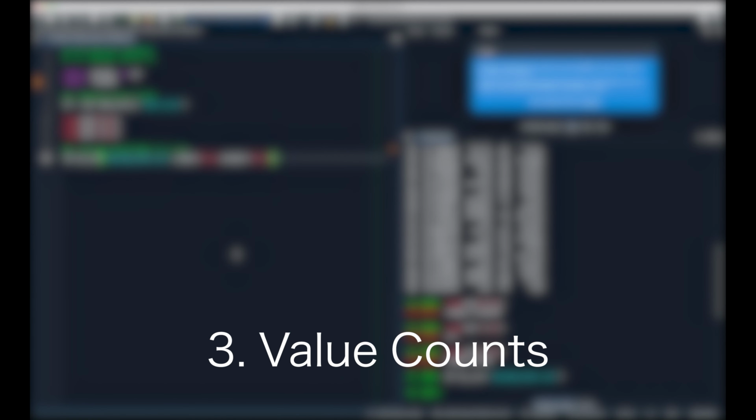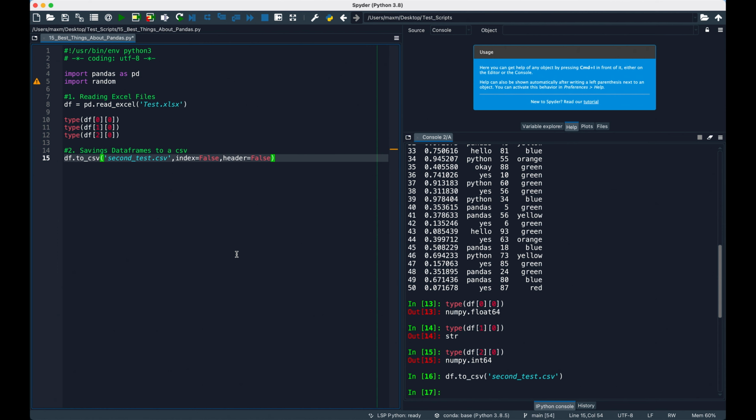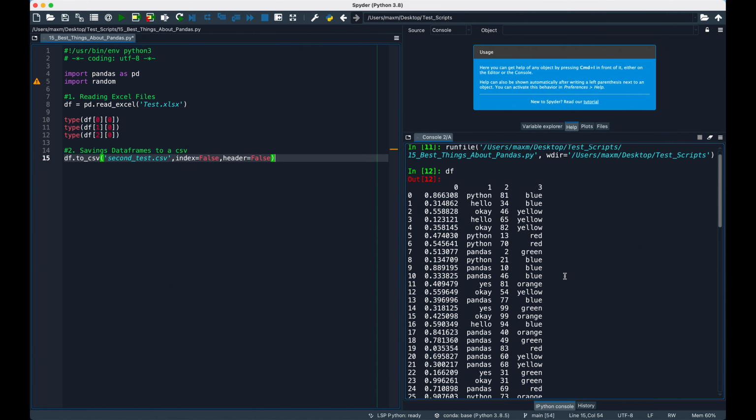Number three, value counts. Sometimes we'll have a data frame full of values and we want to be able to count the number of occurrences of each unique value within a column. This is extremely useful for data science applications or even e-commerce where you're trying to identify trends or patterns within your shop. For example, we can see there are a lot of colors in column 3. If we wanted to see how many colors there were, we can write this single line of code and execute it. So if we run this right here,